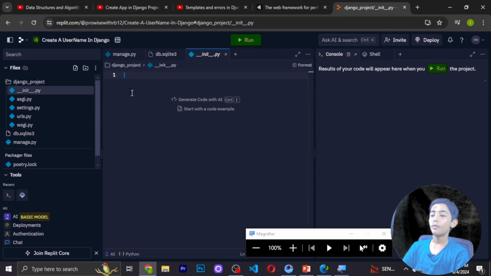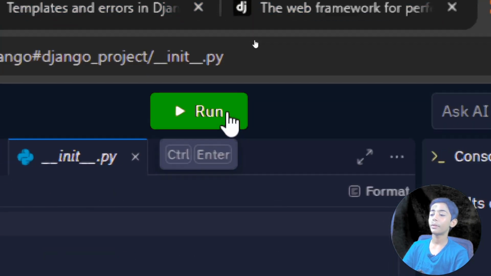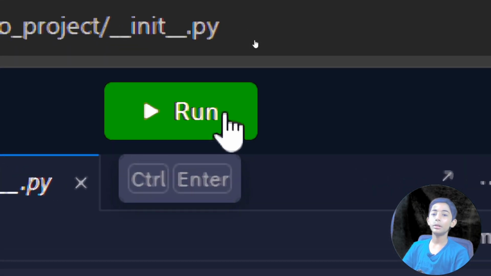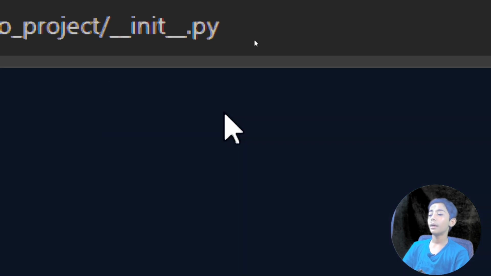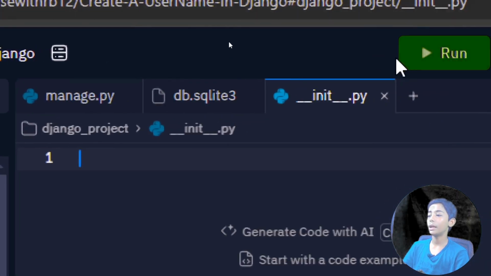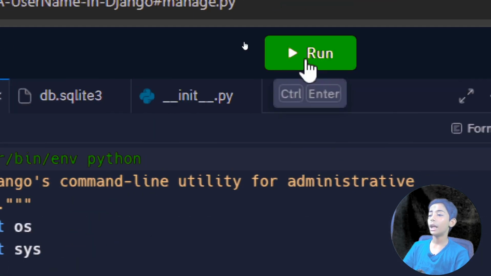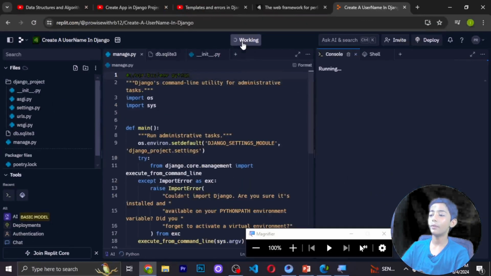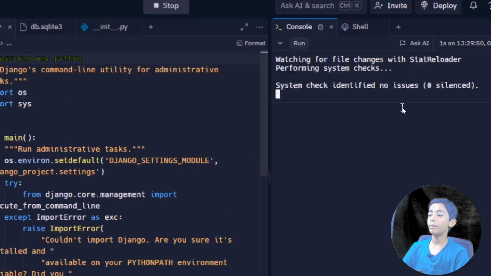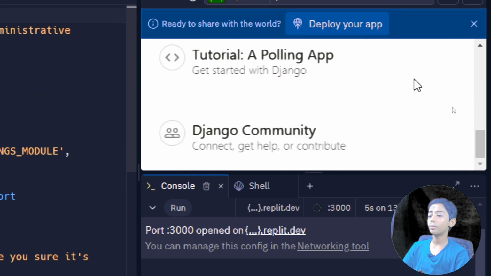And now, when your work is done till here, click on this run button. So our browser will run. A shortcut key is Control Enter, but I tell you to please run directly. From here, first of all select the manage.py file, then run from here. So it will take some time to work. See it, our browser will run easily.